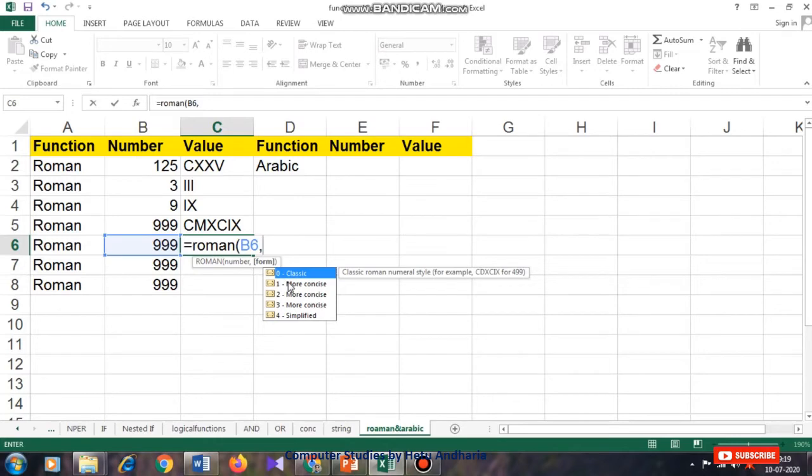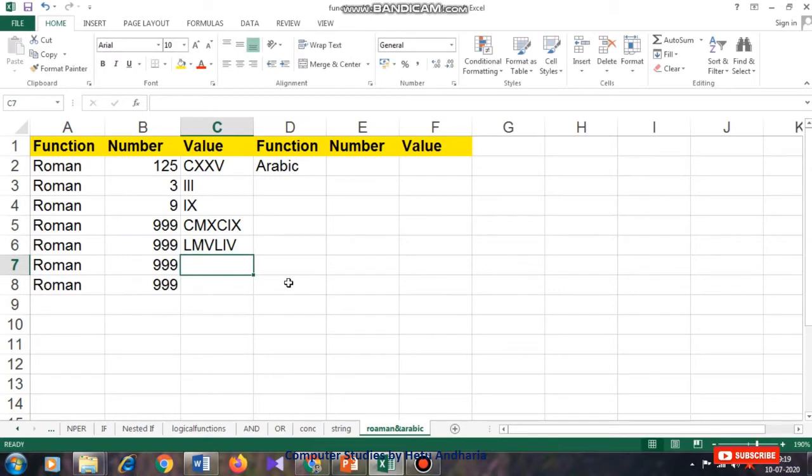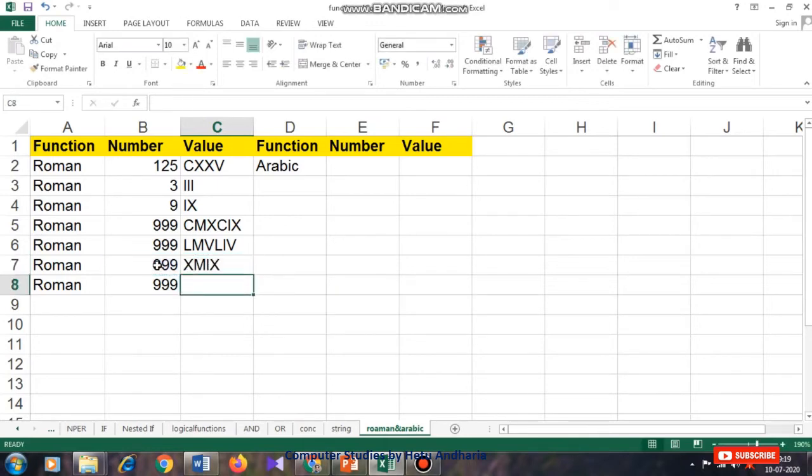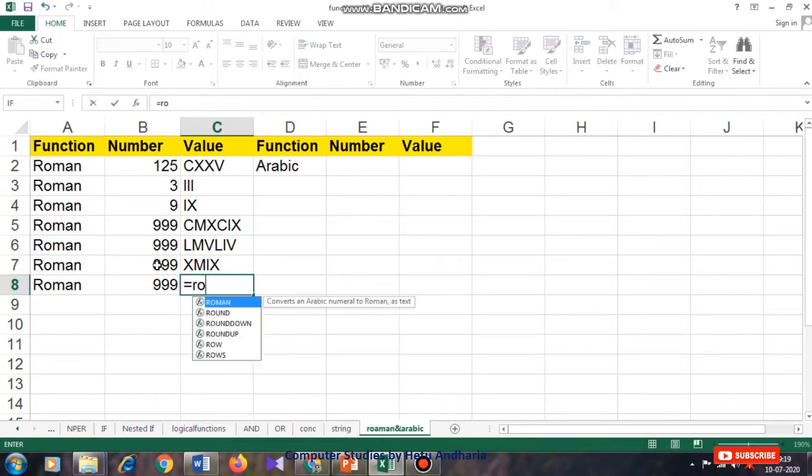Now if I choose 1 here, then it will give me a different output of the same number, that is 999. So there are options 1, 2 and 3, and all will give different answers. So now I take 2. Now I will not take 4, I will just complete here.